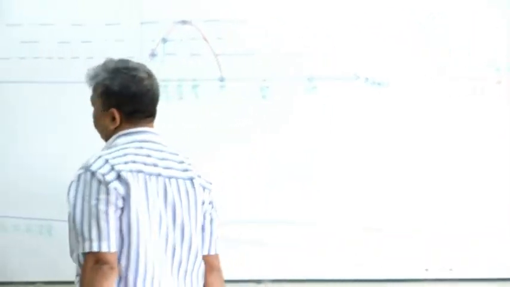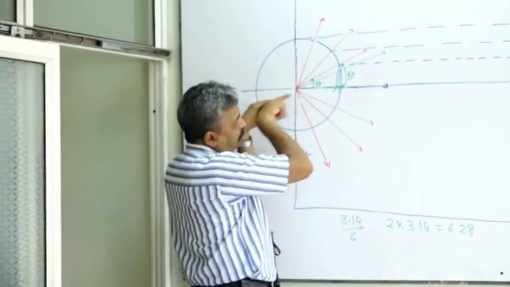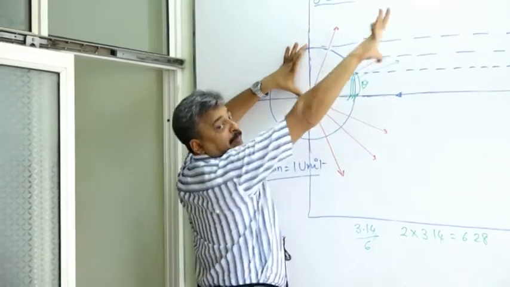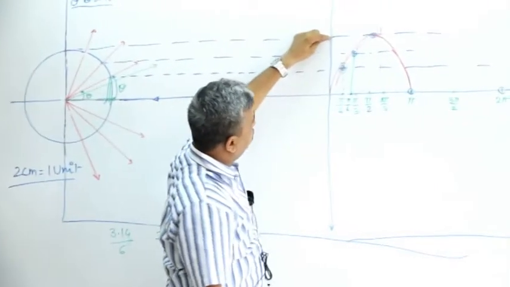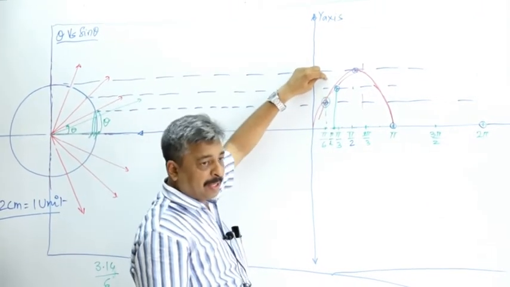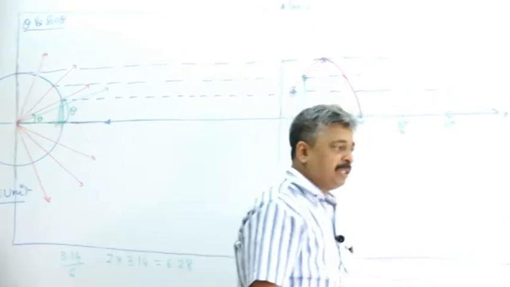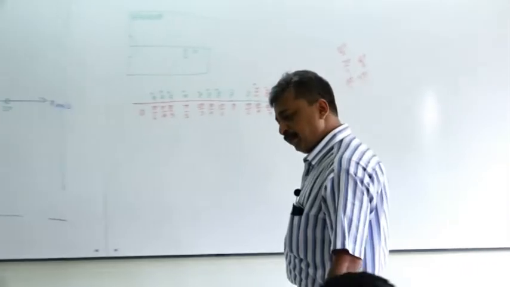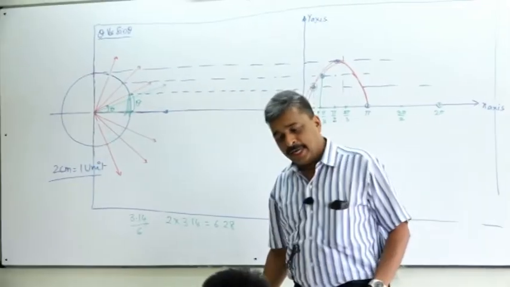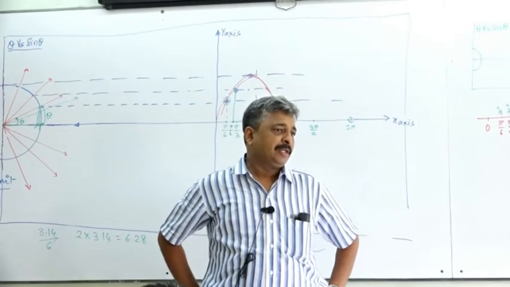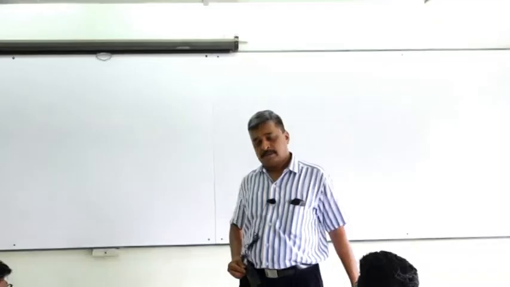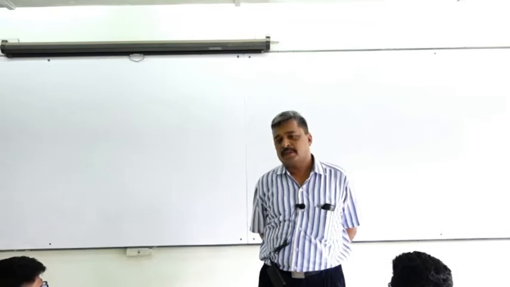What will be at 0? When x coordinate is 0, cos 0 is going to be equal to 1, that is 90 degree. So the first point will be here, the second point a little lower, something like that, and pi by 2 will be 0. Anyway, you have that table with you, which we created, so you can refer to your cos theta values and plot. So we should be able to complete theta versus sin theta, and theta versus cos theta. These two curves we should be able to complete. Distance formula, everyone knows? Very good.